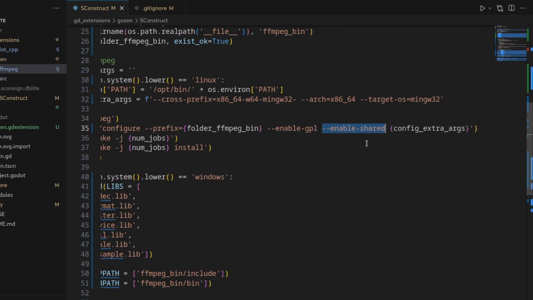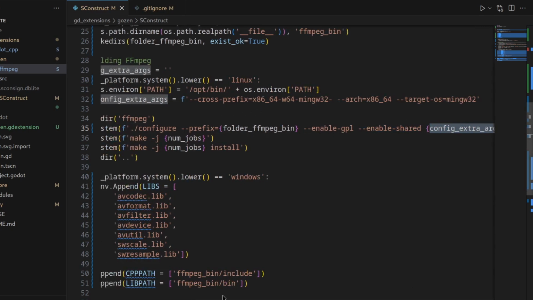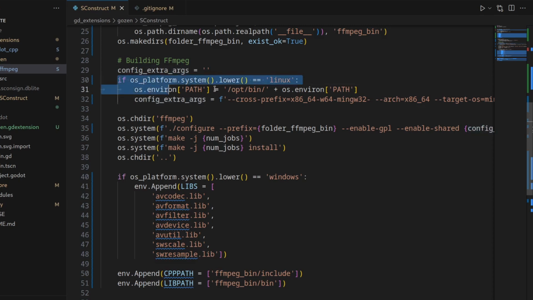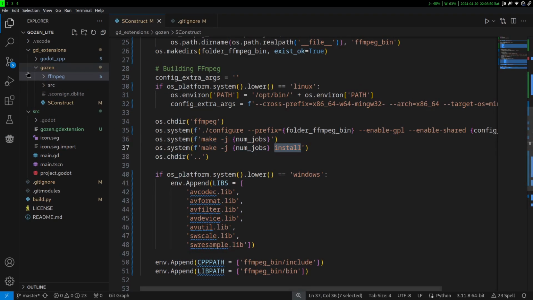And then we add the config extra. If you run this from a Windows PC, you won't have this part, so what will be added is basically nothing. Then we make FFmpeg and then we install it. And with install, it creates the FFmpeg bin folder. Not the folder itself, but all the files inside that we will need for compiling and running